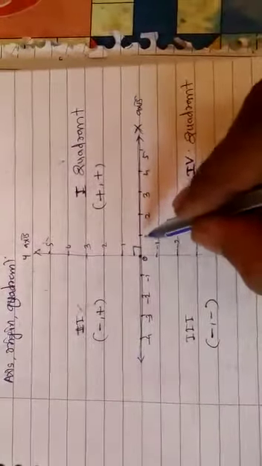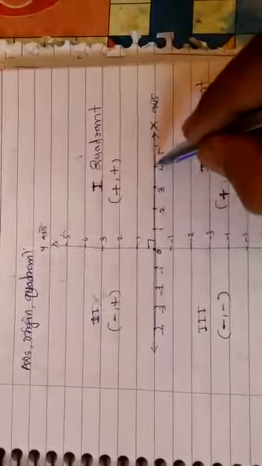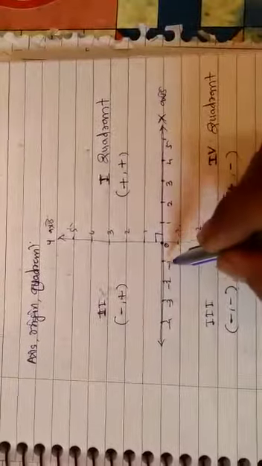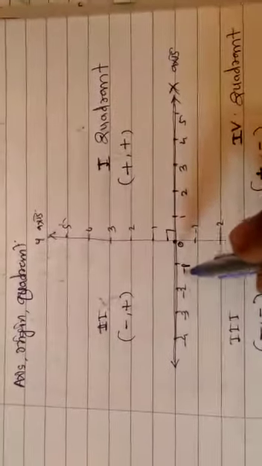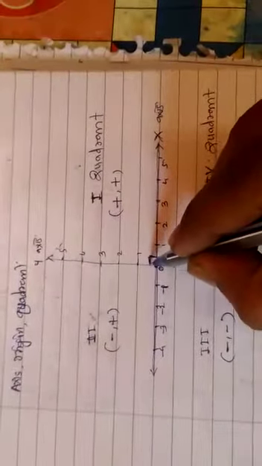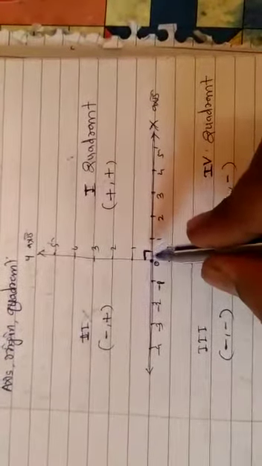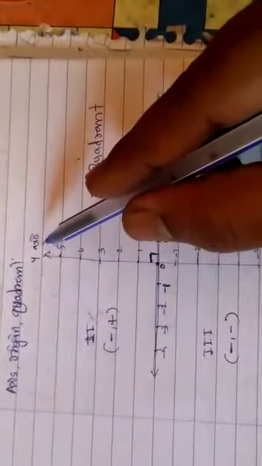On the horizontal line, this is 0. On the right side of this 0, we consider the positive numbers 1, 2, 3, 4, 5, at 1 centimeter each. And the left side we consider as negative numbers: minus 1, minus 2, minus 3, minus 4. At the center, from 0, we take a vertical line which is perfectly perpendicular to the horizontal line. This angle formed here is a right angle, and this vertical line we consider as the y-axis.